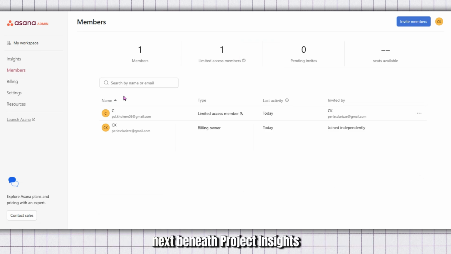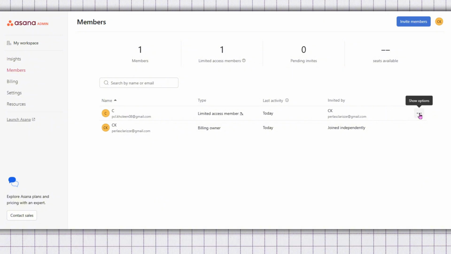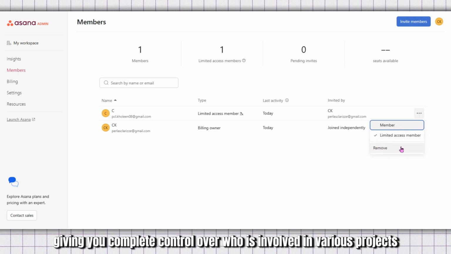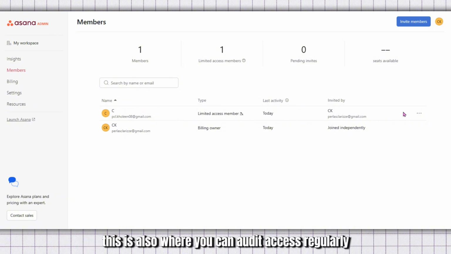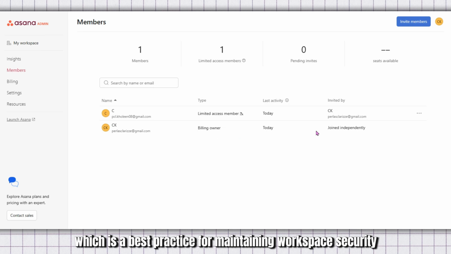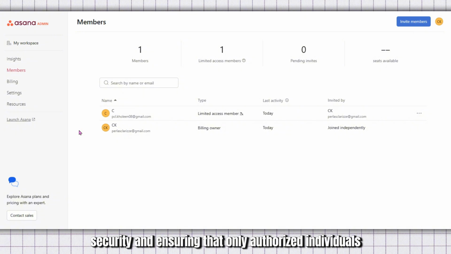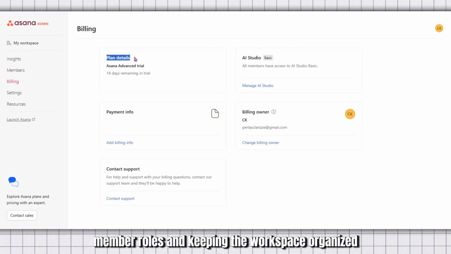Next, beneath Project Insights, you'll find access to managing your workspace members as an admin. Here's where you can add or remove team members and set permissions, giving you complete control over who is involved in various projects. This is also where you can audit access regularly, which is a best practice for maintaining workspace security. This functionality is crucial for maintaining security and ensuring that only authorized individuals have access to sensitive information. Take the time to familiarize yourself with these settings, as they are key to managing member roles and keeping the